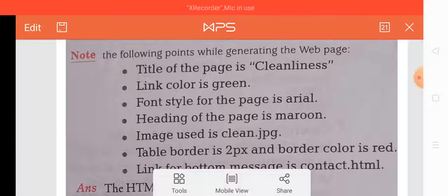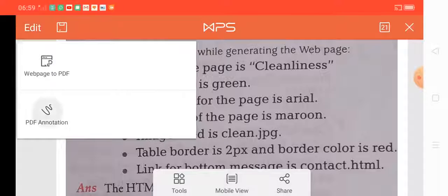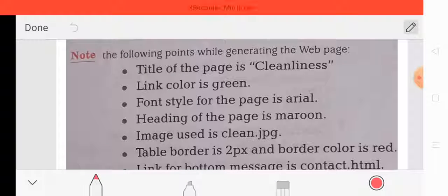So in this question, it is clearly indicated that the title of the web page is cleanliness, and it is also given in the web page. Link color is green, it is not visible, so we have to make the link color green. Next, font style for the page is Arial. Okay, heading of the page is maroon.